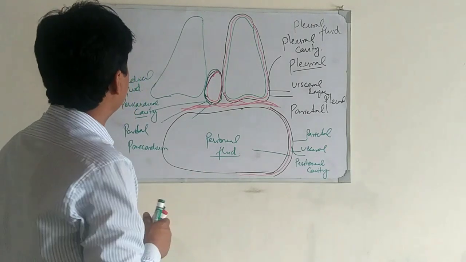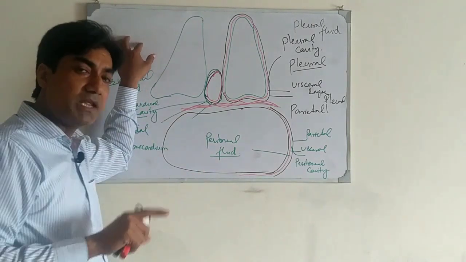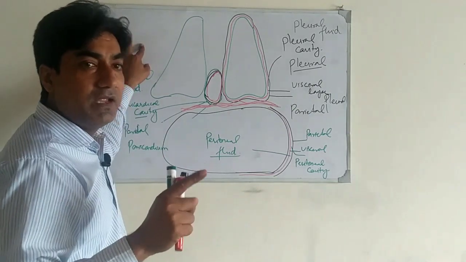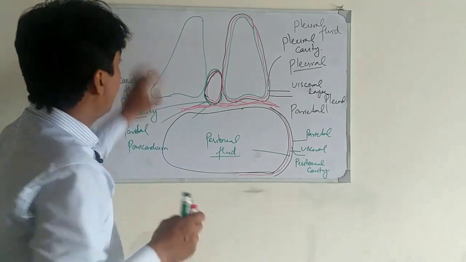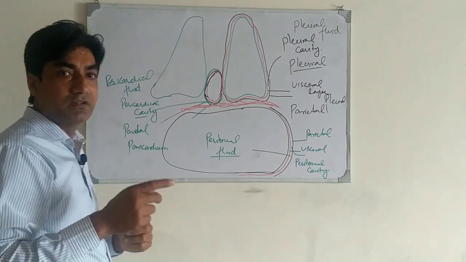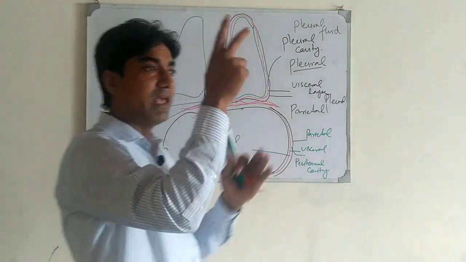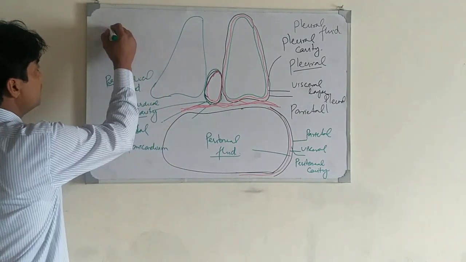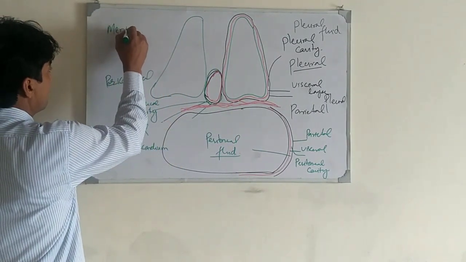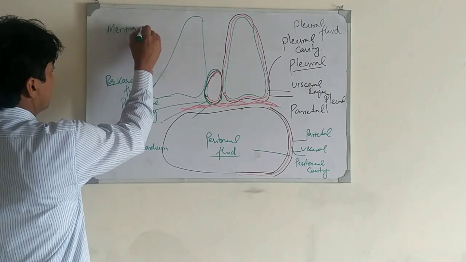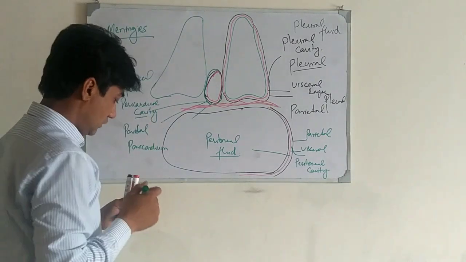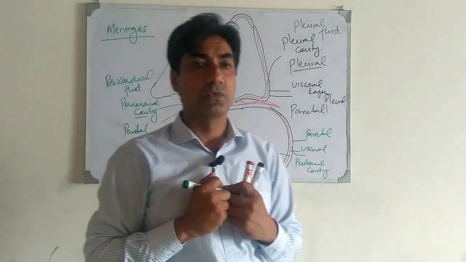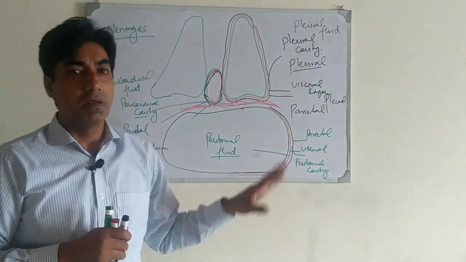When we are talking about the dorsal body cavities, there is the cranial cavity and the vertebral canal, and there are three layers that protect the brain as well as the spinal cord. Those three layers are called meninges, to protect the brain, a delicate structure. So these were the body cavities and membranes.